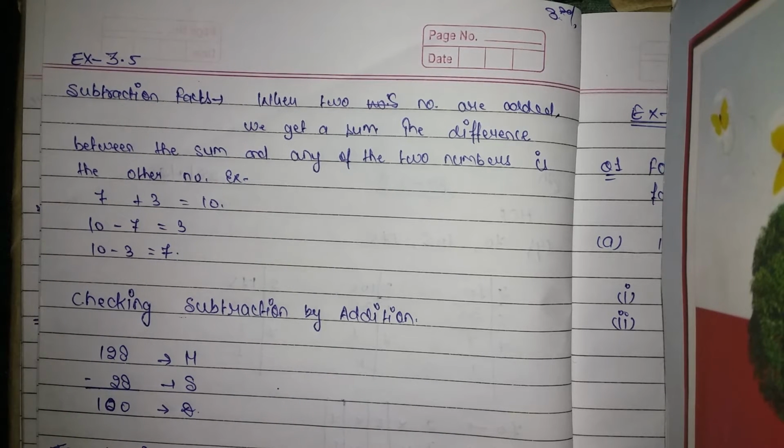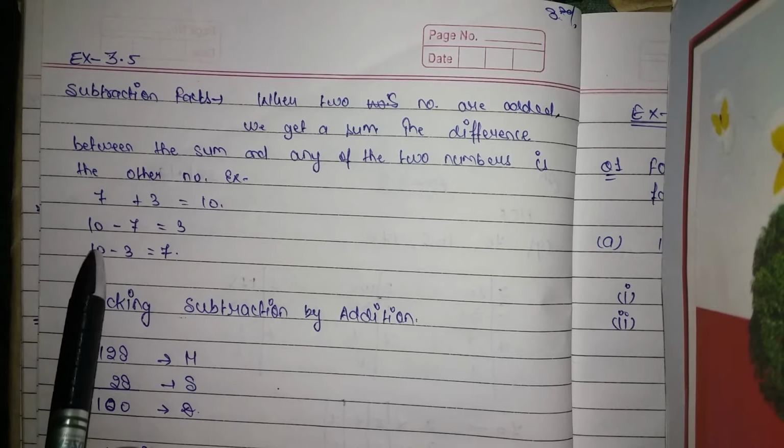Right. So in this way you have to do it, and the utility of writing a subtraction fact is this: suppose someone gave you two numbers and asked you to add them. After that, from the sum he is simply subtracting one of the numbers that you added a while before, right? And he is asking you the answer. Then you don't have to go for the actual subtraction. Simply tell the number which is left.